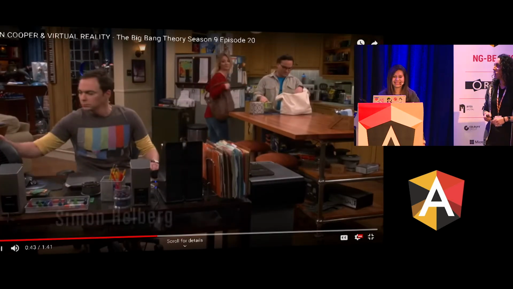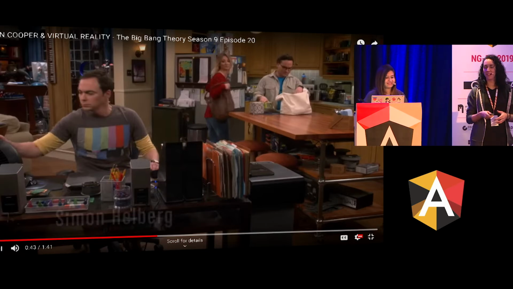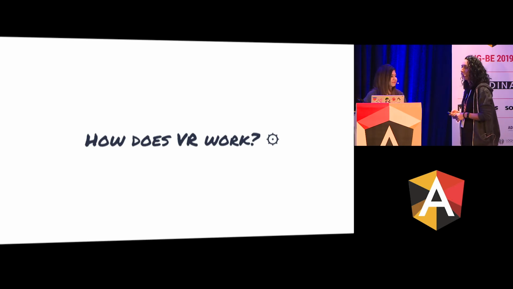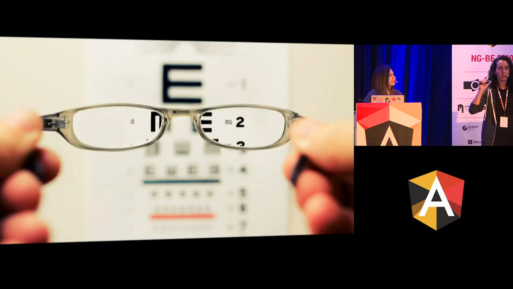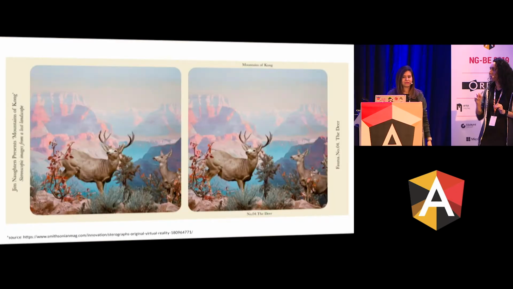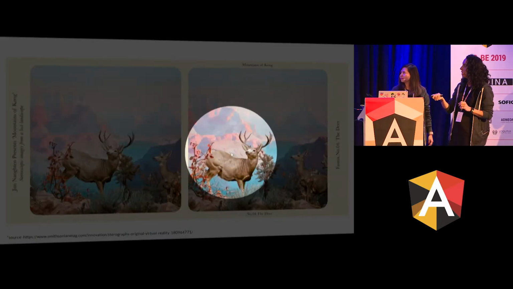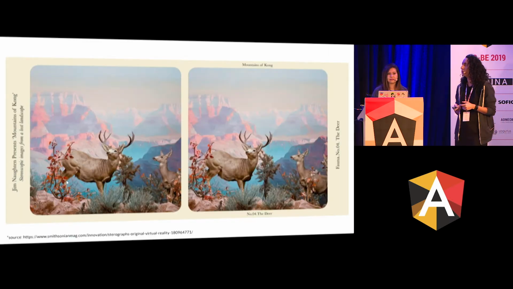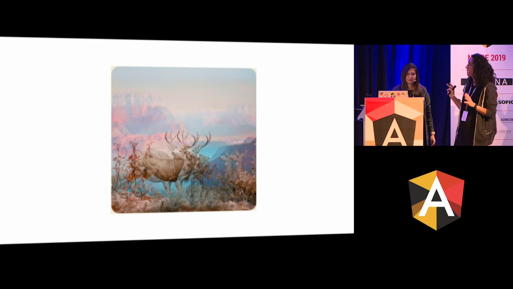Yeah, okay. So virtual reality allows us to immerse ourselves into a whole different reality, right? So how does this actually work? Let's take a look. Firstly, it has a lot to do with our own body. Our left eye and our right eye don't see exactly the same image. They see a tiny bit off. If you take a look here, you see that the tree is more to the border than the one on the left. This is a comparison of how our eyes actually see. And if we put one on top of the other, you get a better understanding of how this works.